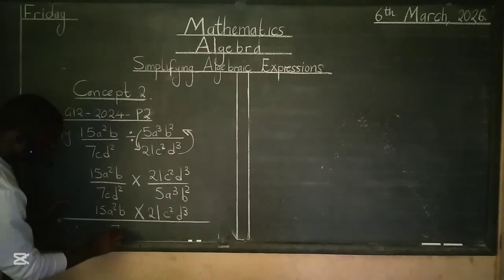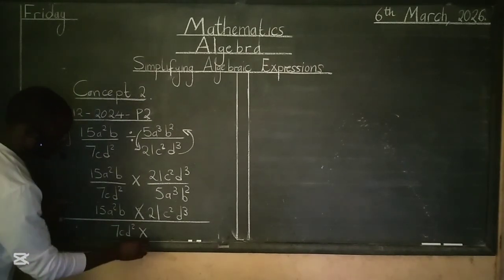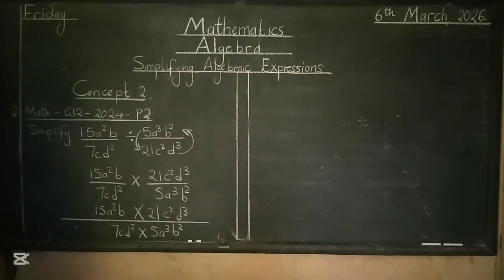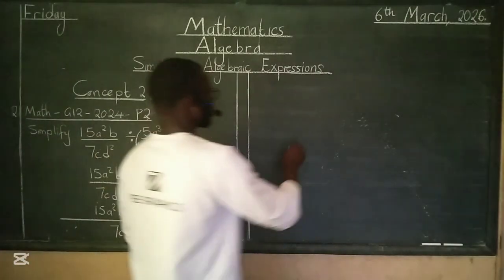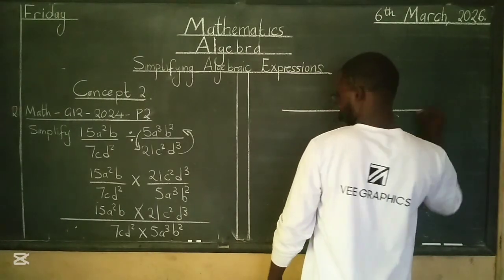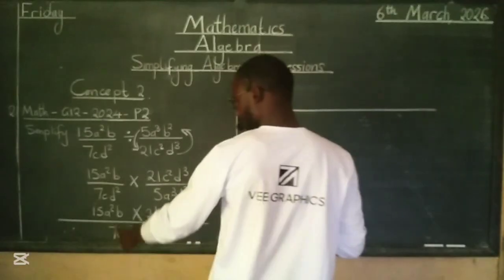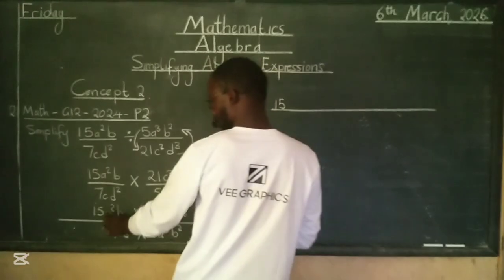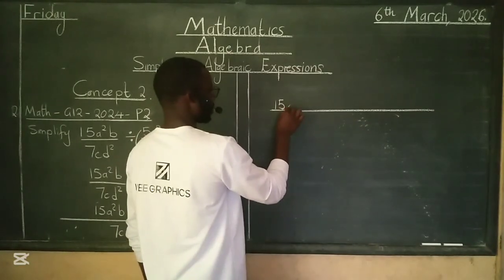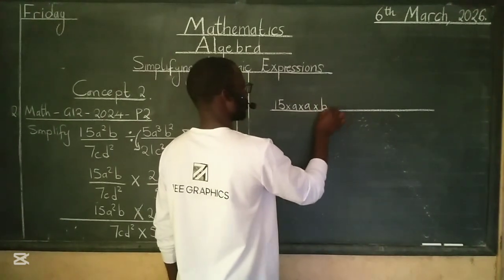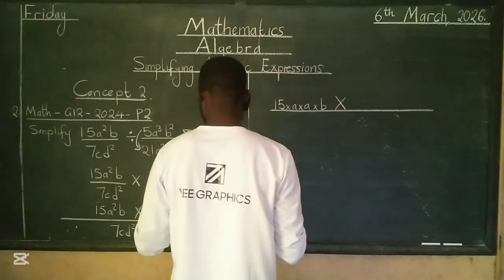Then the bottom part is 7cd squared times 5a to the power 3, like that. Then when we take it there, I'm going to expand everything again so that we can see what we are doing. So this, when expanded, will be 15, a. We have a squared, so it's going to be times a, then times b. Everything multiplied by 21